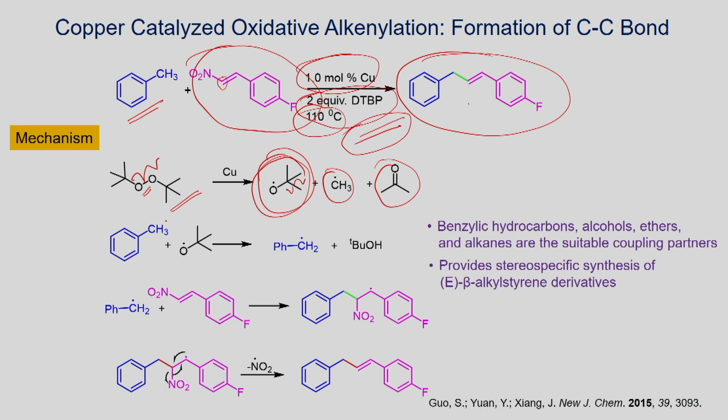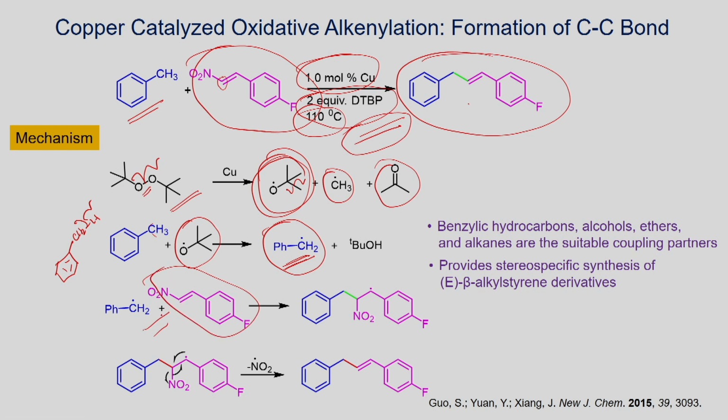Once you form the tertiary butoxy radical, this radical can abstract the benzyl hydrogen. This carbon-hydrogen bond is weak, so the tertiary butoxy radical can abstract this hydrogen and you form the benzyl radical. Benzyl radical is a stable radical. This is much more stable compared to an alkyl radical, as we have seen in the last class. Once you form the benzyl radical, it can undergo addition reaction with an alkene, and we have seen several examples.